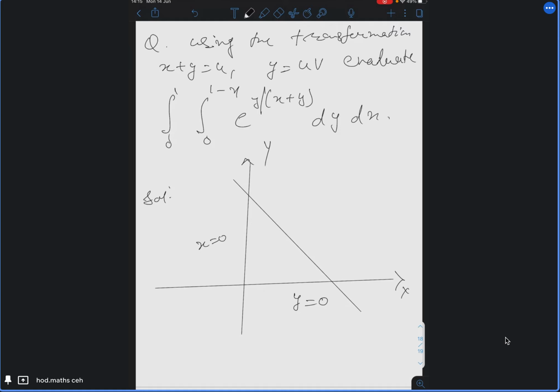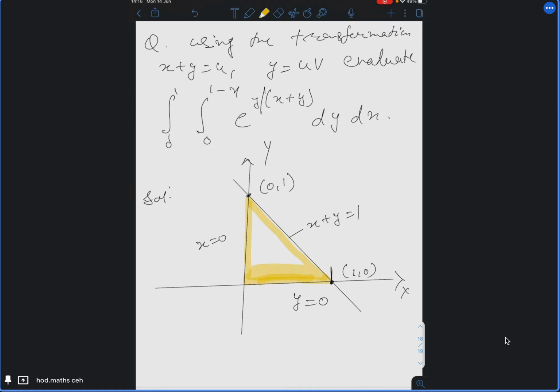It is a straight line. So the line with the 2 points, x plus y is equal to 1. So what is this point of intersection? Tell me. It is 1, 0. And this point is 0, 1. And x is equal to 1 means this point itself. Is it or not? So the region of integration is this one, this triangle.